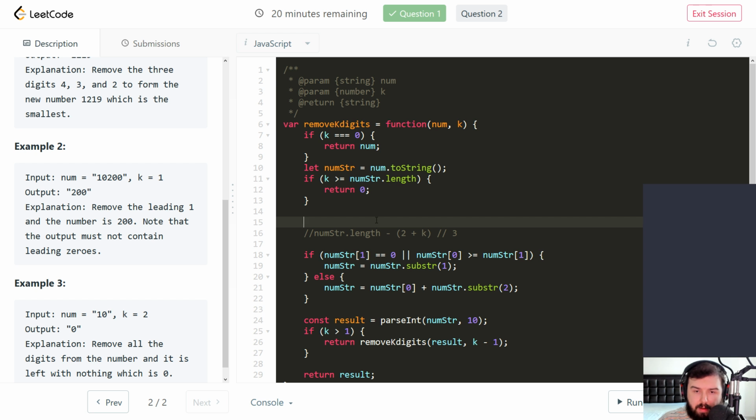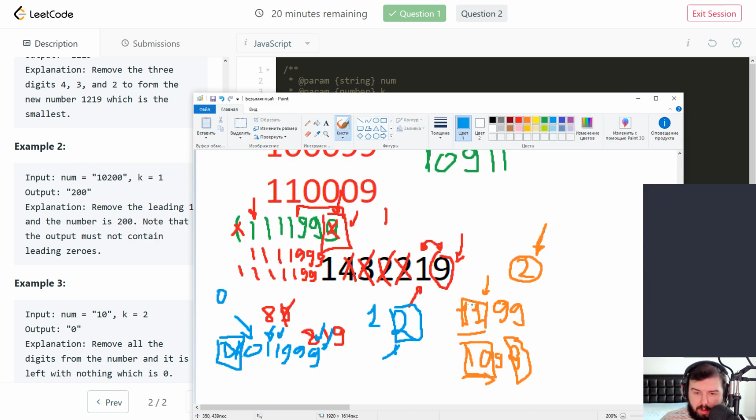Let's see the closest 0. So the 0 index will be the index of 0. So if we have something like this, we'll have the index of 2, right? And our k is 2. So if our k is greater or equal than our index,